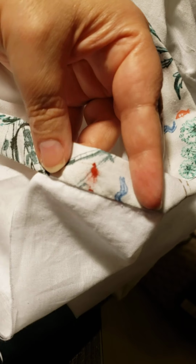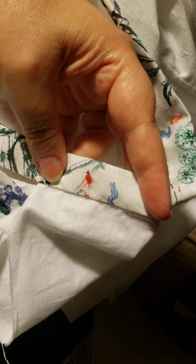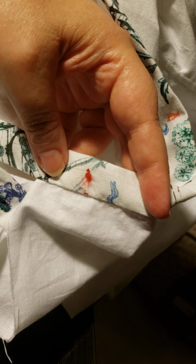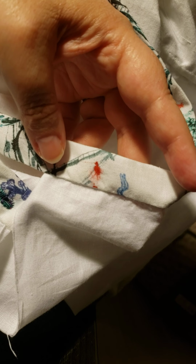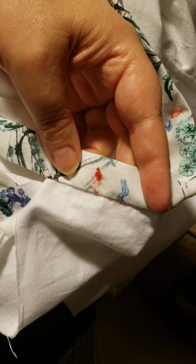And one of the secrets that I learned, and it's something that people laugh at me for, because if I take my sewing kit places, I'll open it up and people will see a handful of toothpicks sitting in there. So people make fun of me for this all the time. But one of the tricks that I learned is to actually use a toothpick to space the button correctly,